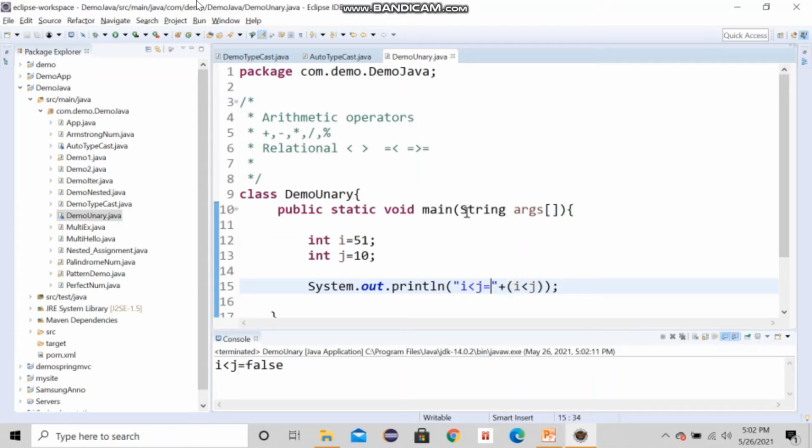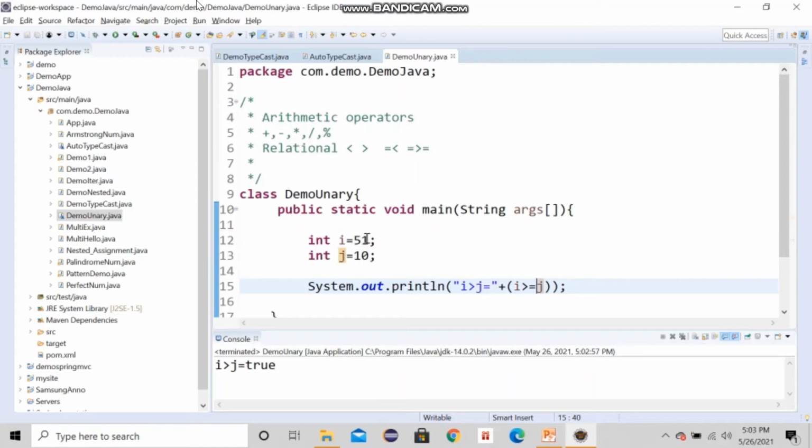I is not less than j, it is greater. So if I put greater than, then it should return true. Yes. So you can also give it a try. See, it returns true, because 51 is greater than 10.